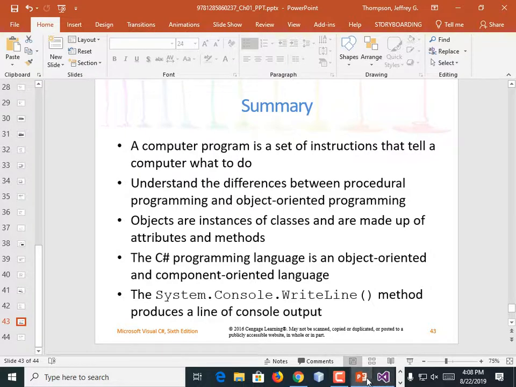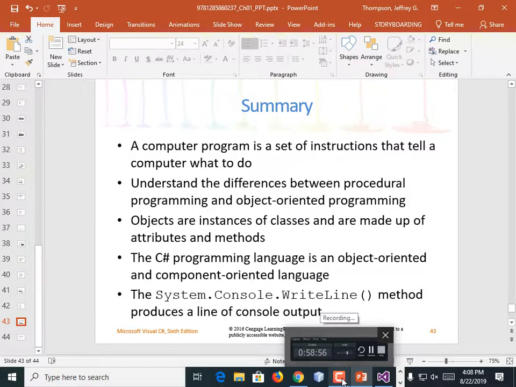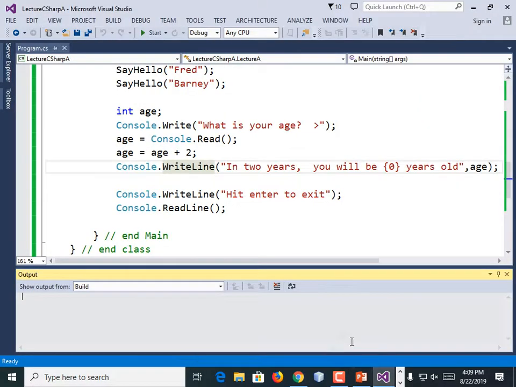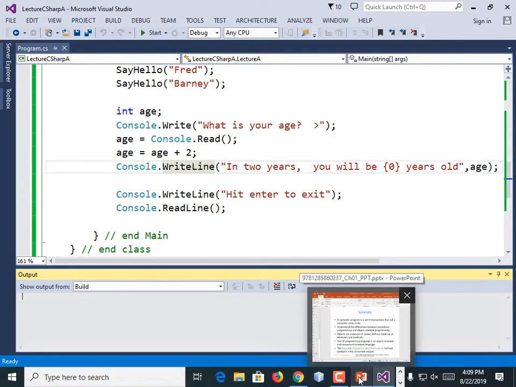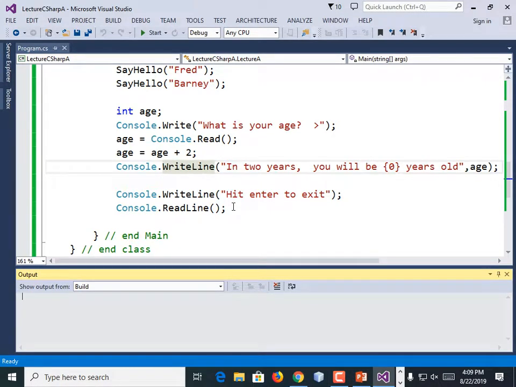Yeah, because console.read reads the next character, so it's storing the ASCII value of the first character typed in. My mistake. So this is actually going to take a few more steps, but if you've done Python, after you get some input, you then have to convert it into an integer or a float or whatever in order to actually do math with it. What's going on here is that .read is accepting only a single character, and it's storing the ASCII value of the number that you typed in. I believe that to be the case.